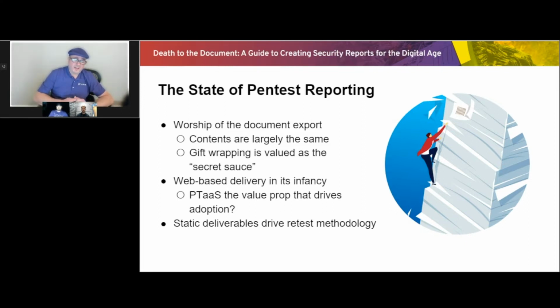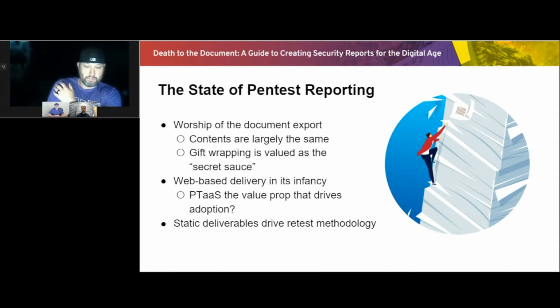So do you think that that's going to drive further adoption as we continue to see more adoption of PTaaS? I tend to think, if I put on my forward-thinking cap, I think it has to. Like you mentioned, the list of providers keeps growing. We go on with Cobalt and a lot of these different folks. The pen testing as a service model really is about having a dashboard, being able to track flows, dealing with the data, and then